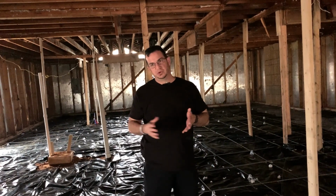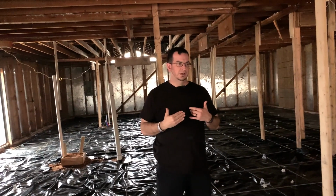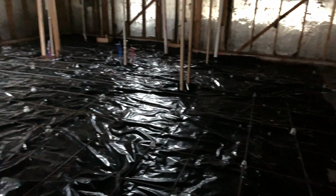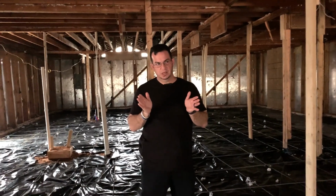And then we get to go through all the cosmetic finishes. Of course, we have exterior work. We'll have to do the siding and the roof, but just the slab itself, replacing this, just fixing the foundation of this house was $65,000,